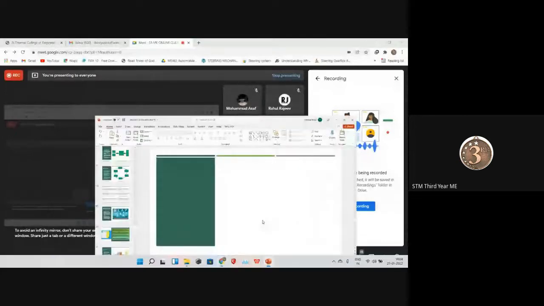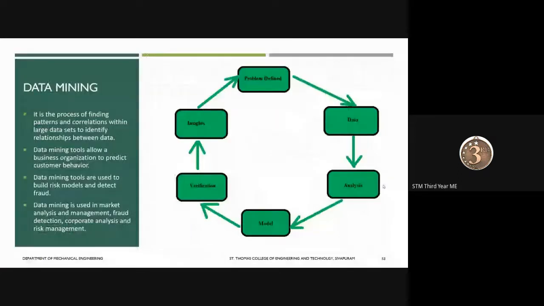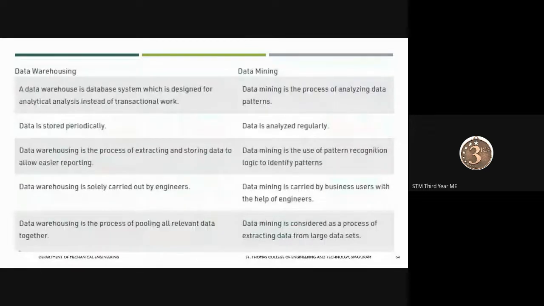So in the last class, we studied about data warehousing and data mining. Data warehousing was nothing but storing all data at a particular location, and data mining was taking that data from the data warehouse and using it for various purposes. So that was data mining and data warehousing. And we had one more topic regarding that, the differences between those both. So under